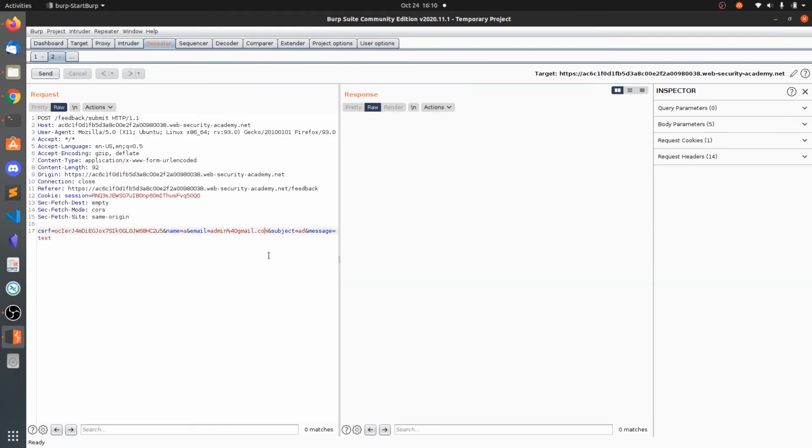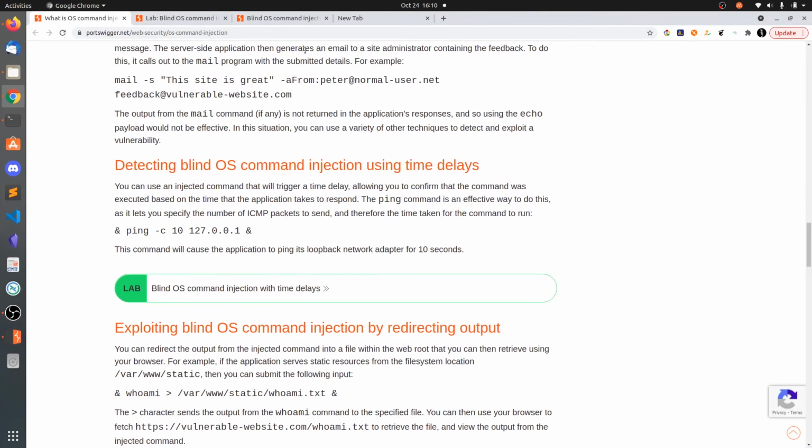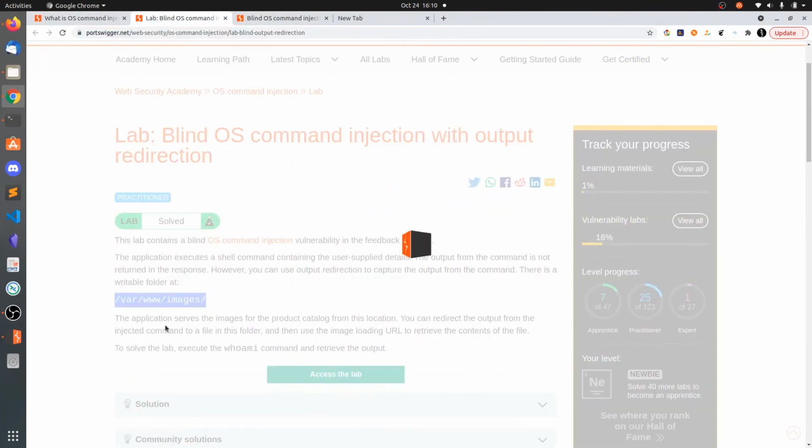So like in the same previous one, what we can do is we can put and, and what we need to do is we need to create a file or something.